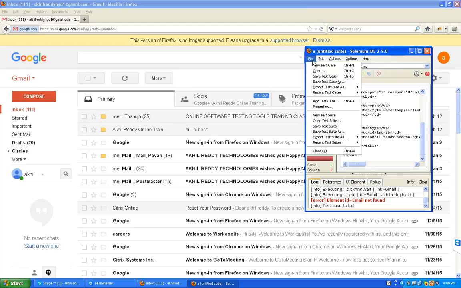Now come to the first menu, File. New test case, open test case, save test case, save as test case, export test case, recent test cases. All the information we can get here.